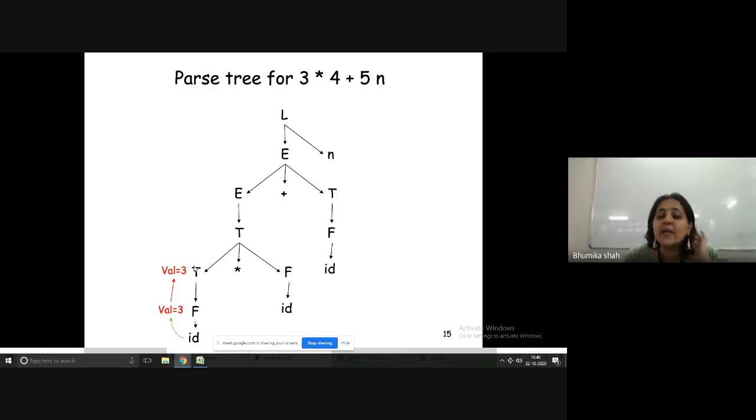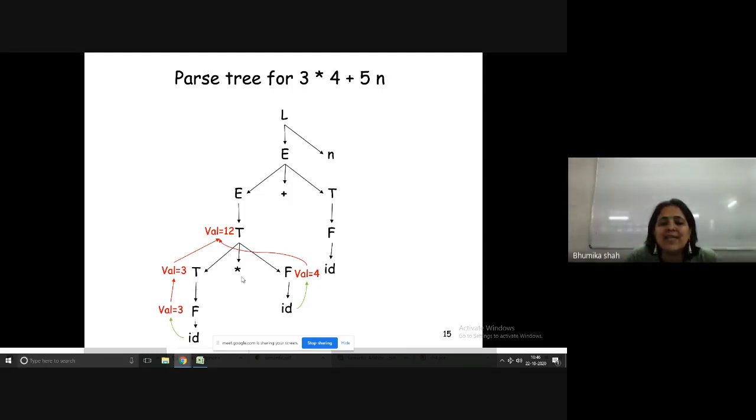Now we'll move ahead a bit. What happens over here? Once again, id's value is assigned as 4, and now this value of id is going to be assigned to the parent node F. So once again, child to parent assignment, right to left assignment. So we will have a synthesized attribute. Now multiplication is going to be applied.